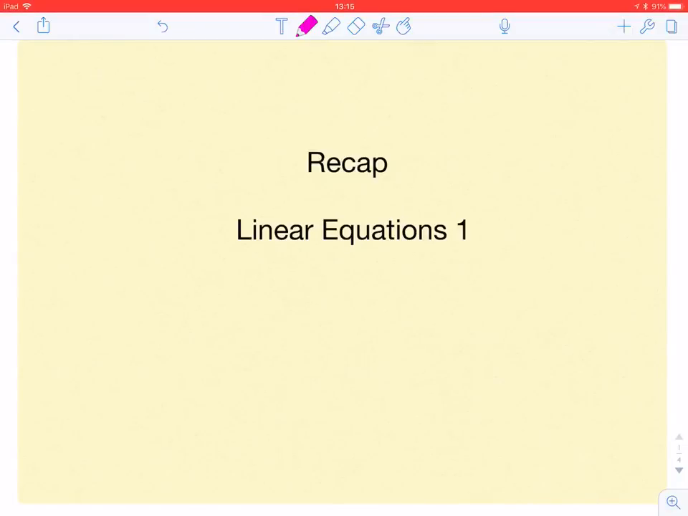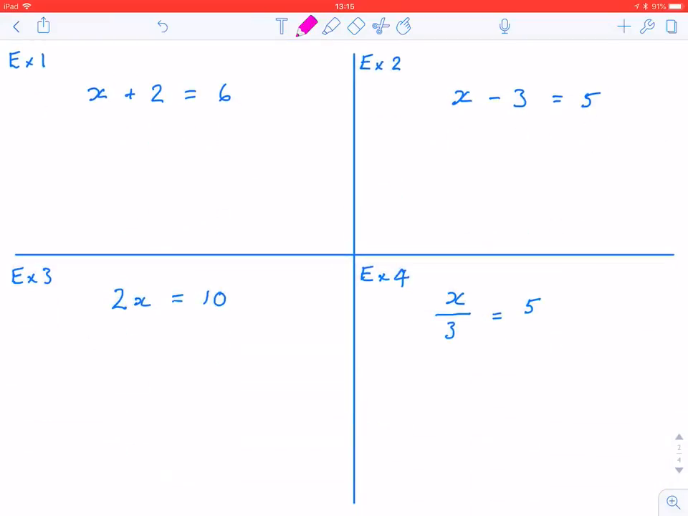This is the first of two short videos recapping linear equations. We'll begin with the four building blocks. Here we have four simple linear equations and we're trying to find the values of x that make them true